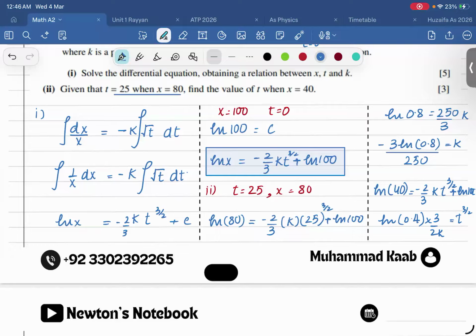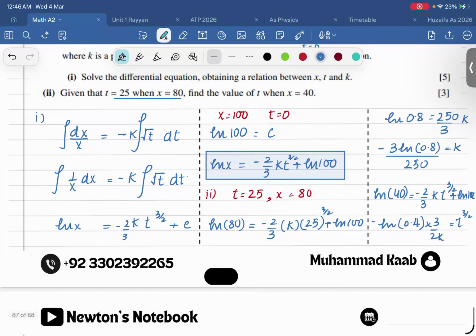And ln 0.4 and 3. Why am I getting it in negative? 2.67 exponent negative 3. Okay. There should also be the negative sign, yes. Okay. So I am getting